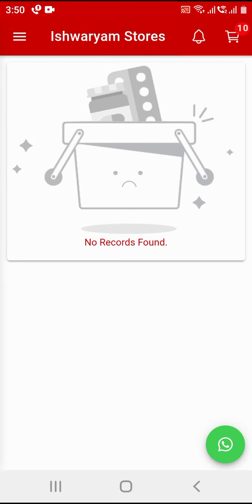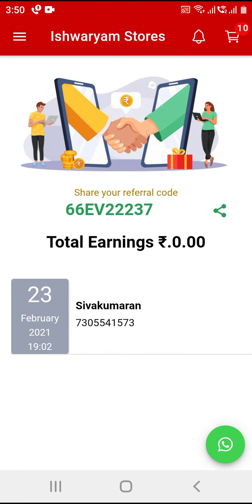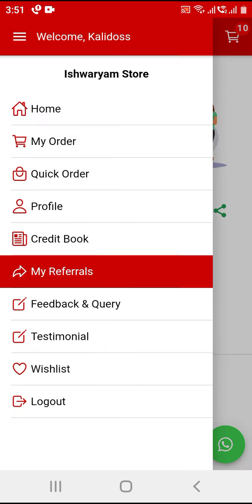And then my referral: every customer has a unique referral code. Using the referral code, a customer can refer another person. When the other person registers using the referral code, they are automatically linked to me and my friend. So when my friend makes a purchase, I automatically get the benefit. In the current scenario, nobody helps without expecting anything, so that scenario has changed. If you give something, you can retain your customer and easily increase your customer base using the referral.